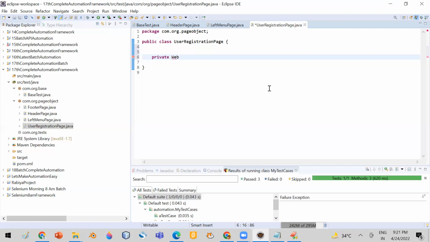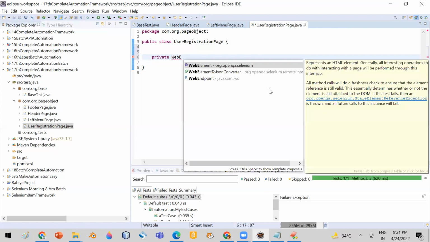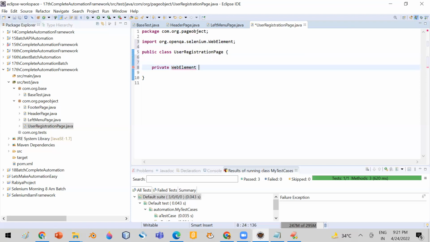जो element हम 5 करते हैं उसका type क्या होता है? Web element. Okay, and I'm giving the element name, first name. Is it okay? So in this way, first of all, you have to identify all the elements, and I will